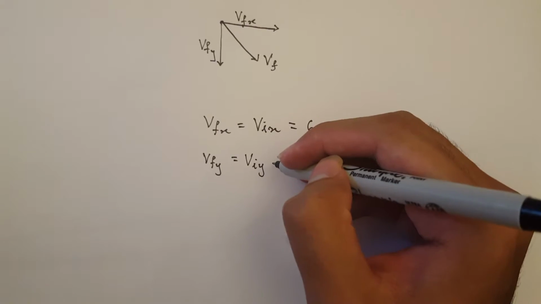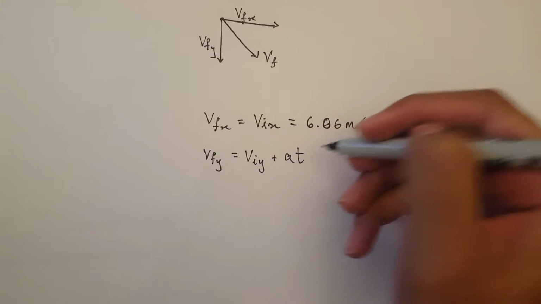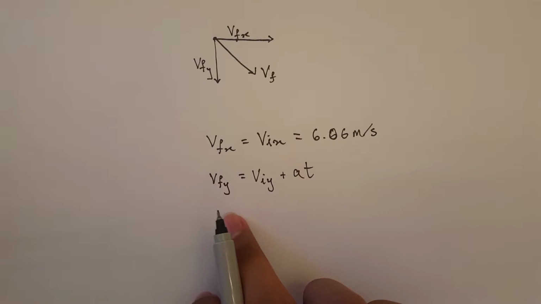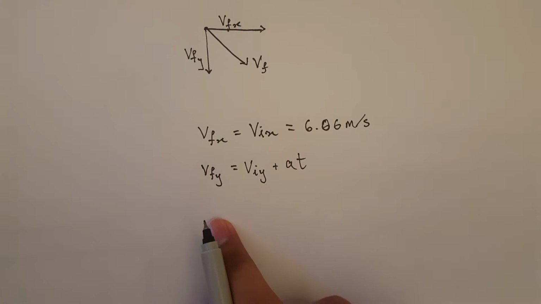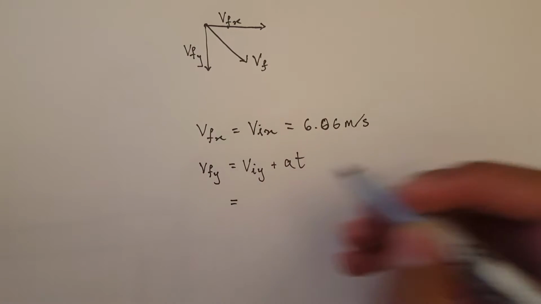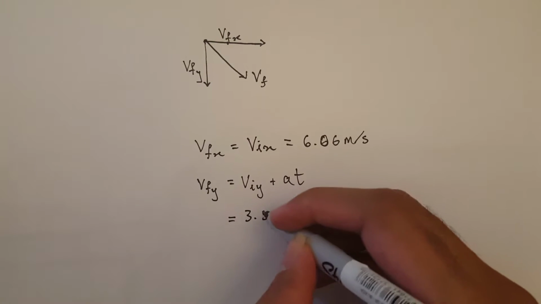Okay, and for Vf of y, we can use one of the kinematics formulas, which is Viy plus at. So in simple form, this is basically V equals U plus at. V is the final velocity, U is the initial velocity, right? So we input those values and we get 3.5